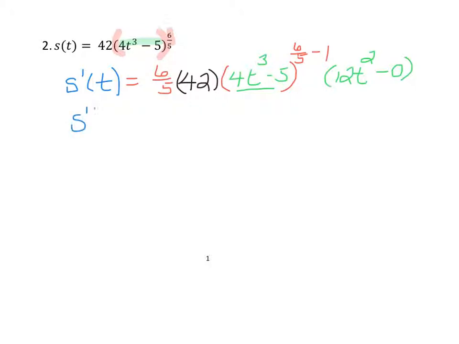And then we have that s prime of t is equal to 6 times 42, and 6 times 42, 6 twos is 12, and if we carry the 1, 6 fours is 24, and 1 more is 25, over 5, no need to reduce that, times 4t to the third power minus 5, and then 6/5 minus 1 is 6/5 minus 5/5, which is 1/5,